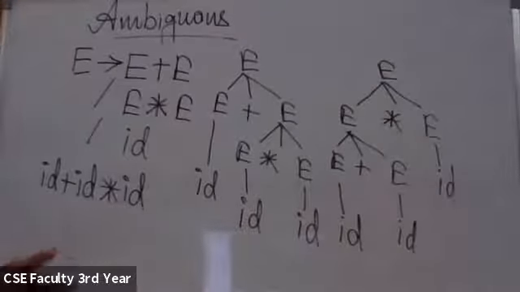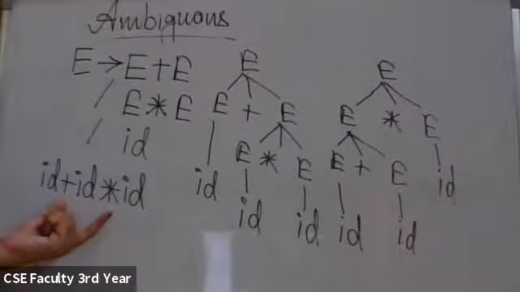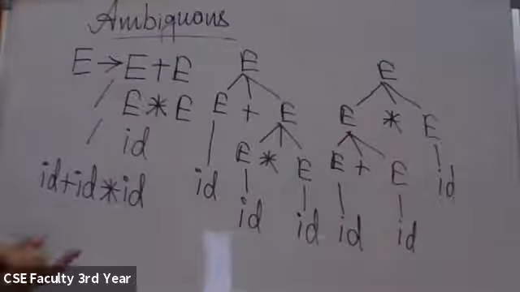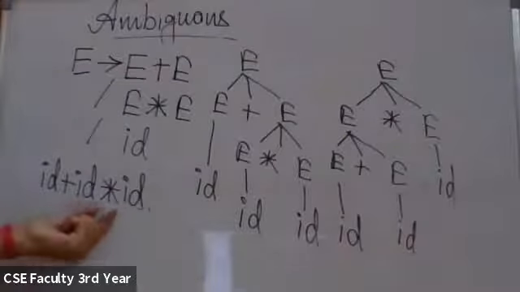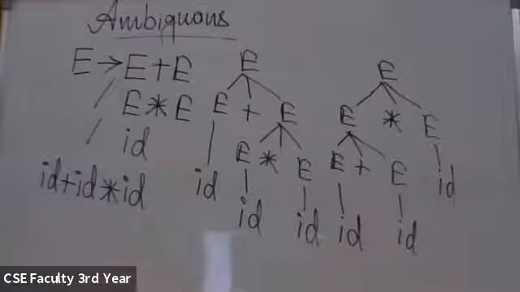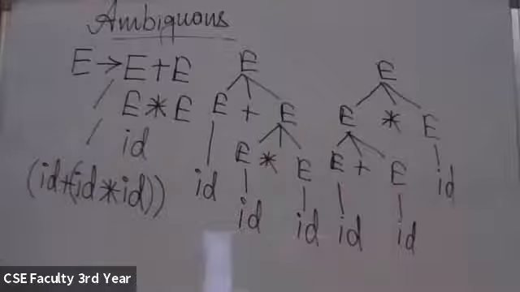Okay. So now let us understand the next problem. In this case, there are two different operators and they have different precedence. In the last example, we saw that the operators were the same. Even if it was plus and minus, the operators had the same precedence, but associativity was not taken care of. And in this case, there are two operators with different precedence. If I go by the rule of precedence, this one should be evaluated first and then the addition.